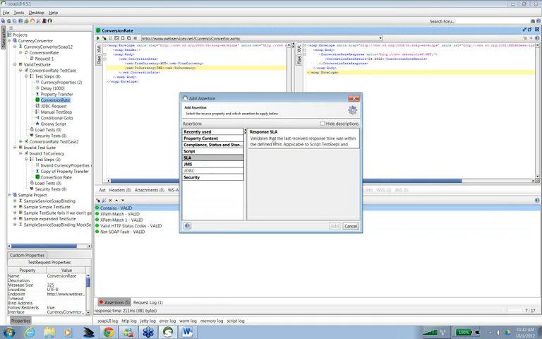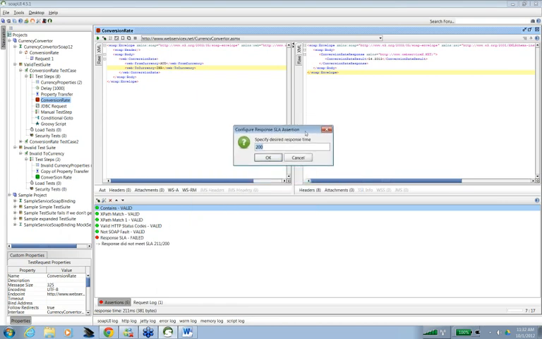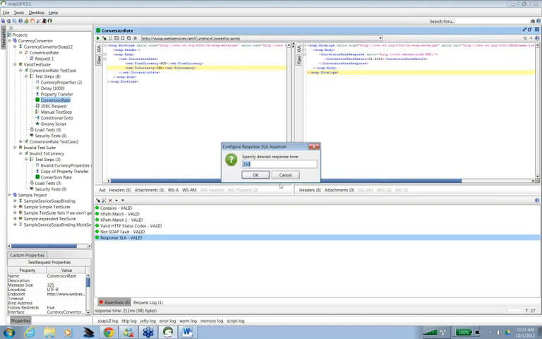And then you can do a response SLA. Response SLA means how much time this request has taken. Let's say I want this response to be within 250 milliseconds. This response time here was 211 milliseconds, so my assertion is valid.